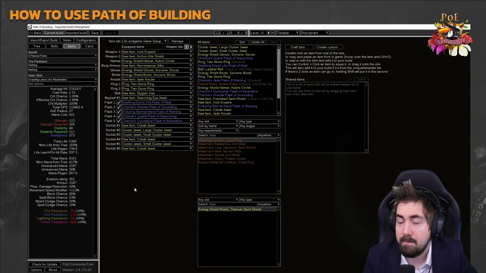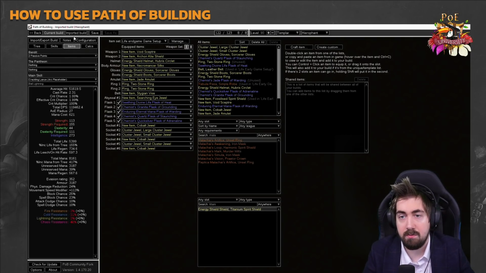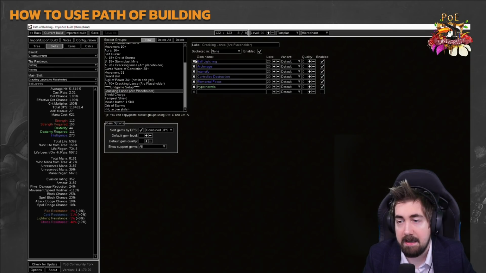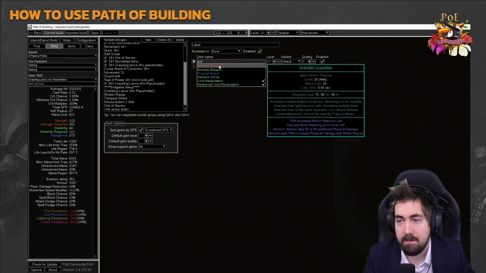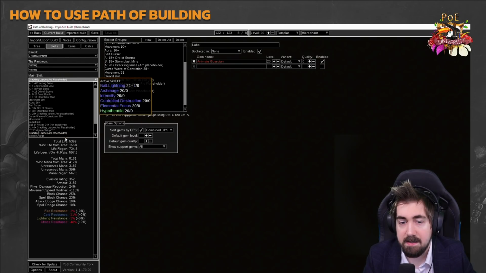I think we're gonna run to questions. Oh, actually, no, there's a few more things I can showcase. We can showcase Animate Guardian and Animate Weapon. Minions in general are a bit of a pain, but let's say that I am doing an Animate Guardian, and I want to have the buffs for that, or I'm using it for skills. Basically, the way it works is